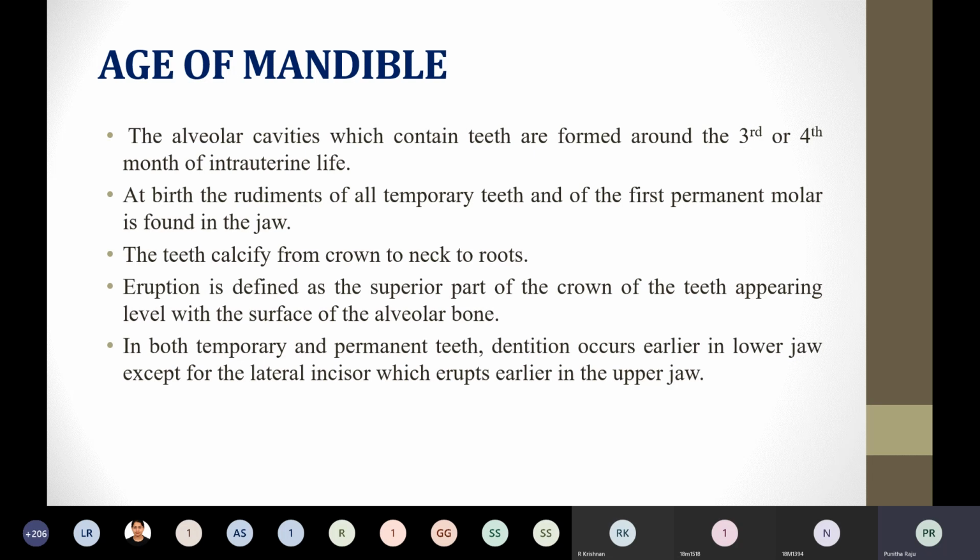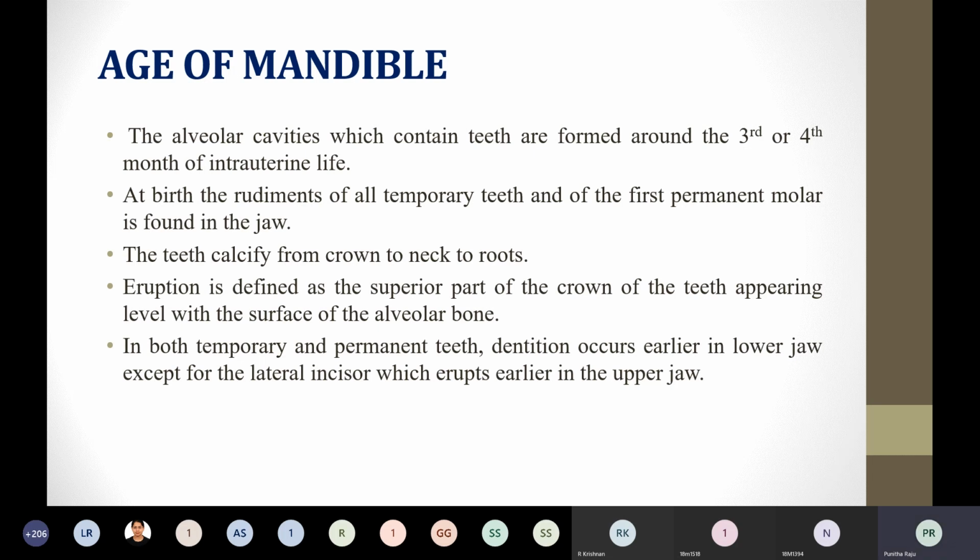These parts are very important whenever you are studying Gustafson's method. What is Gustafson's method? What is the medico-legal importance of Gustafson's method? I'll show you in the next few slides. These things are very important: the enamel, the dentin, the pulp cavity. All these are very important. So these are the parts of the teeth.